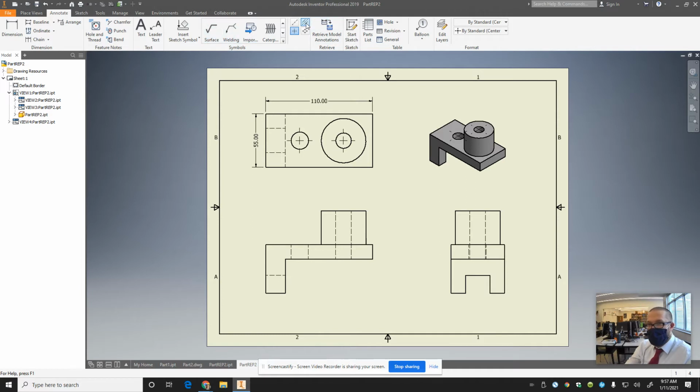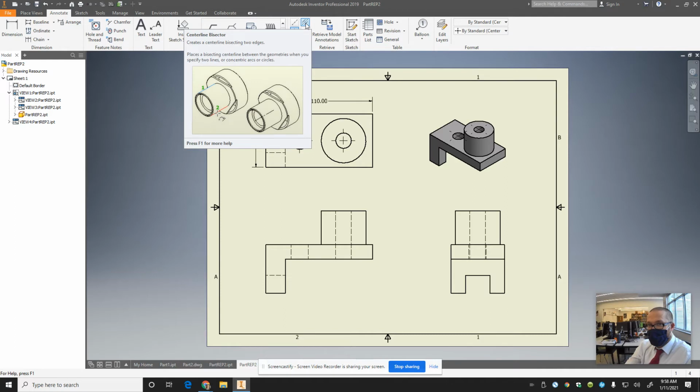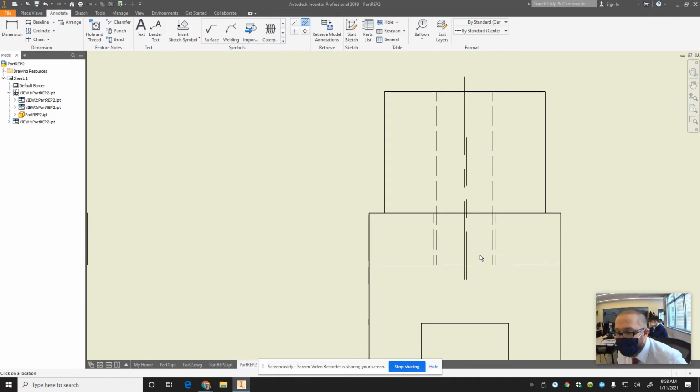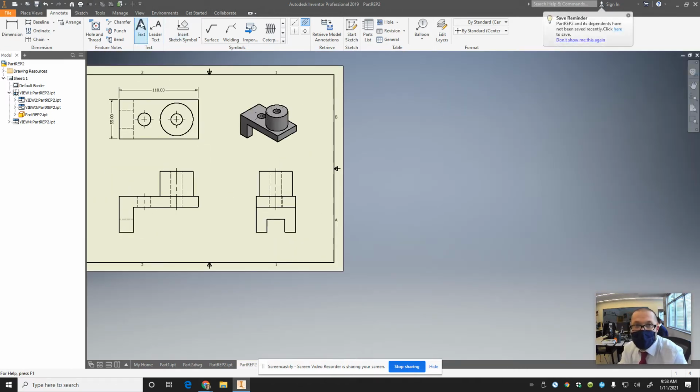Then while we're at it, we're going to do what's called the center line bisector. It's the one next to it in the upper right. Click that. What you do with that is any views that show the hole from the side, click each side of the hole, and it'll put the center line on there. Now these two are actually just going to line up in this view. Probably won't even notice. Something is wrong there. Oh, I clicked the wrong side. So centerline bisector, that one and that one, and then they just line up. So that doesn't really do much for you in that view. All right, so